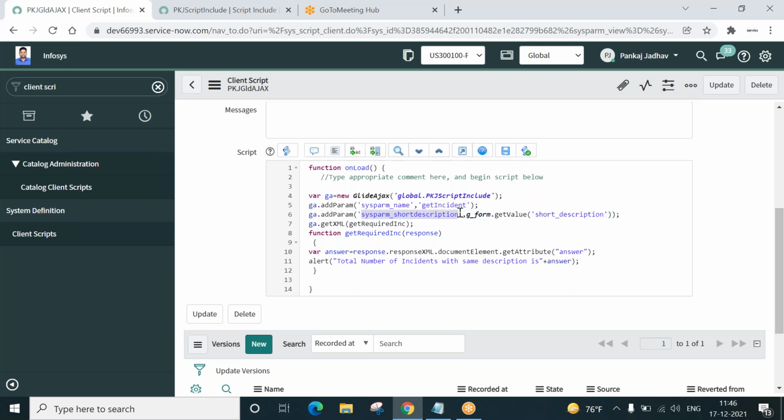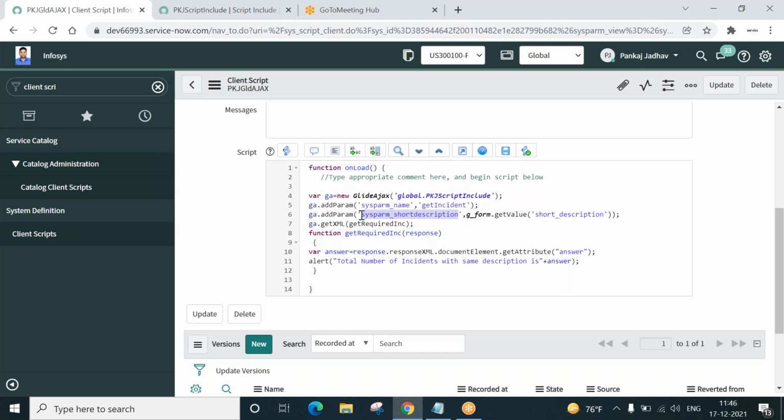sysparm_short_description. This is a user defined variable. This can be sysparm_Pankaj, sysparm_Amit, anything. V1, V2, V3, user defined names. Like this is a reserved keyword, this is not a reserved keyword. There can be a number of such user defined variables.